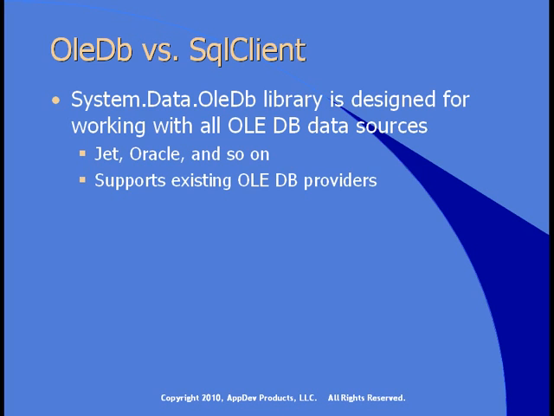It supports existing OLEDB providers, but it's important to note that OLEDB providers aren't managed code. They run outside the Common Language Runtime. So you're working with COM, basically, to talk to an OLEDB database using the